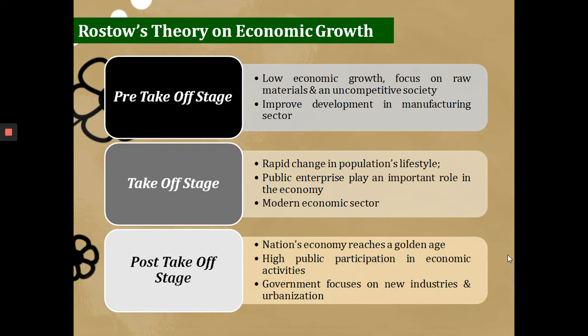Agricultural sector sampai sekarang pun dia masih contribute like macam 12% to the national GDP, and also agriculture ni is also one of the sectors that can provide employment for like dalam 16% of the population lah. And also we rely so much on rubber, palm oil and cocoa zaman dulu. In fact sampai sekarang pun, we are still relying on agricultural products in order for us to contribute to the nation's economy. And uncompetitive society maksudnya kurang berdaya saing.